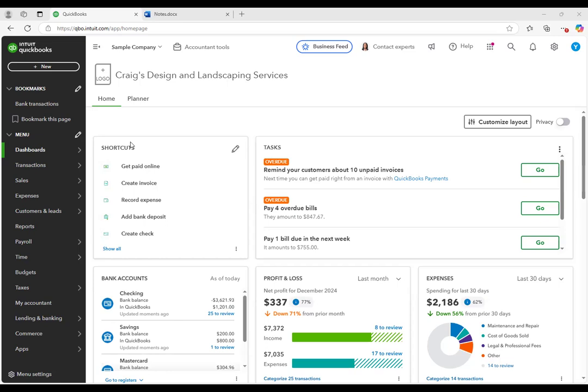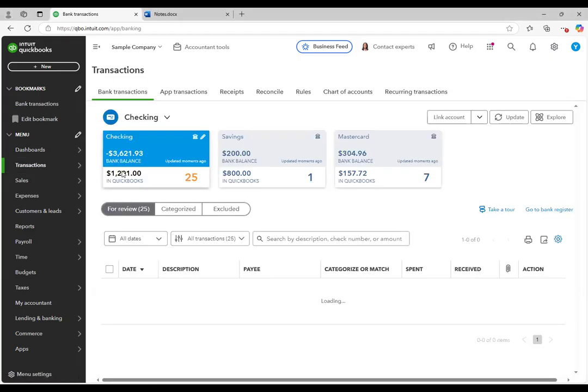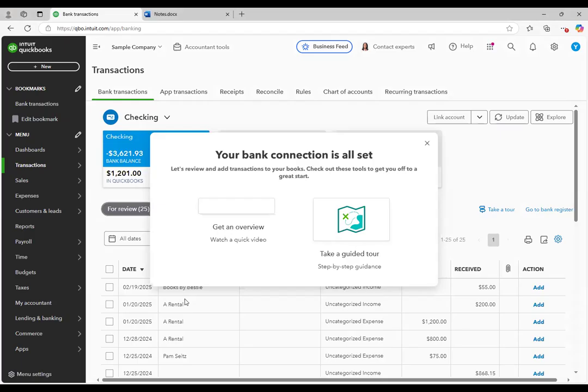Now that you understand the importance of linking a bank account and how to troubleshoot common issues, let's see where you can start this process in QuickBooks. First, from the QuickBooks dashboard, navigate to the Banking tab, and then we will click here on Bank Transactions. Once we get there,